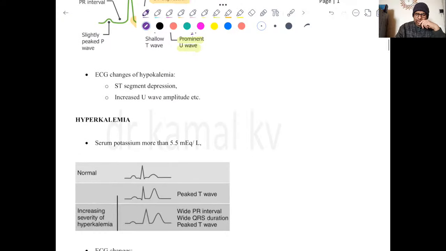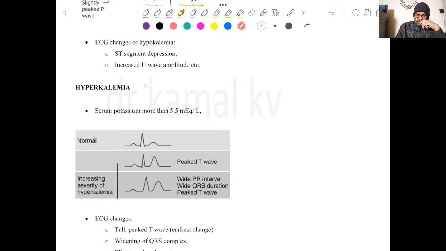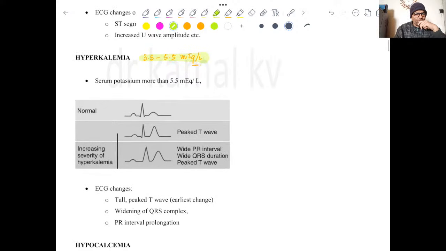When it comes to hyperkalemia, the serum potassium value is 3.5 to 5.5 milliequivalents per liter. So any value which goes beyond 5.5 is taken as hyperkalemia, and depending on the severity of the